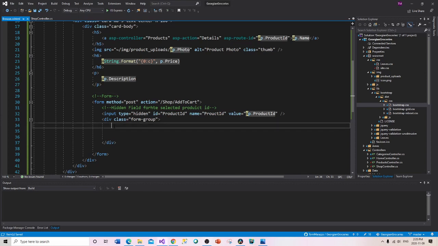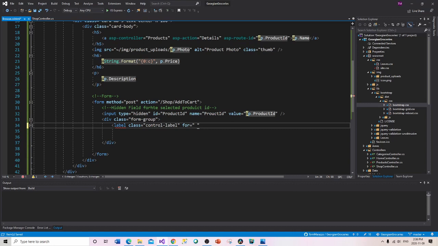So here it'll be label, and it'll be class, and it's going to be control label. Control, which one do I want? I don't know that I want either one of those. I'm just gonna see if it'll skip through that. Okay, so I want control label, and now